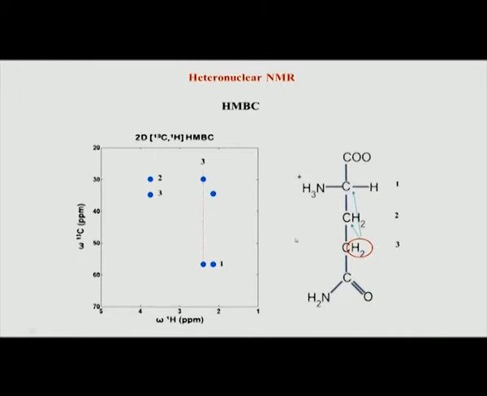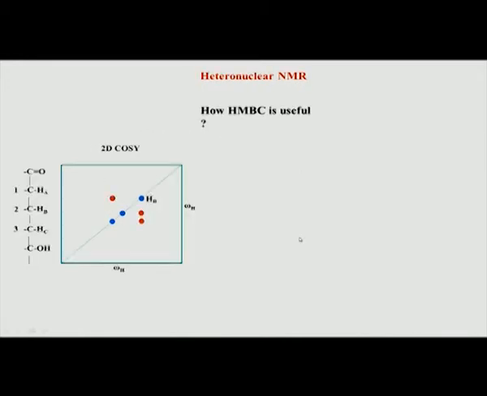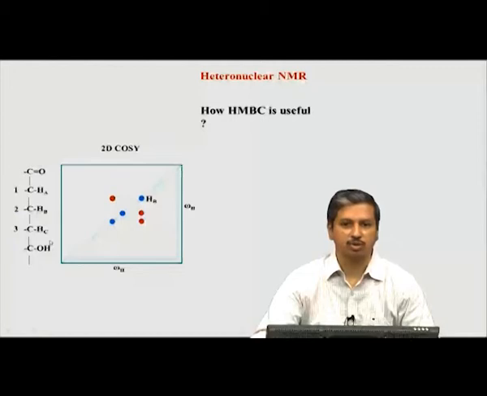So, now let us see where HMBC can be useful. We saw that HSQC and HMQC give correlation between proton and carbon, and HMBC is now giving us long range correlations, but how can that be used in practice, and where will it be useful? So, let us say we are trying to solve a problem. Let us say that we have some molecule which looks like this. This is a hypothetical system, but it will be good for illustration purposes.